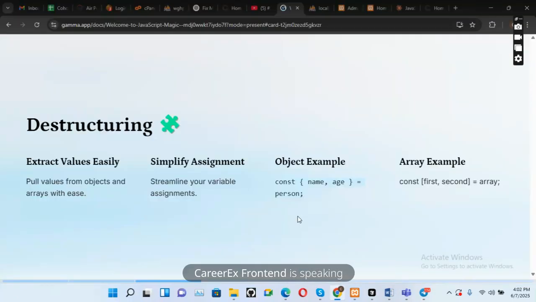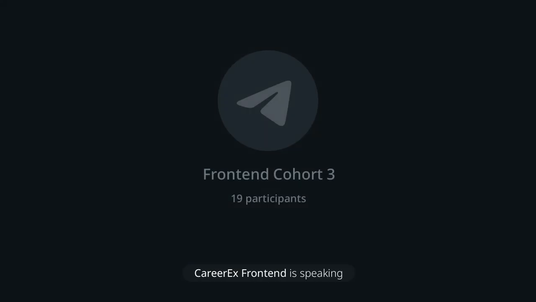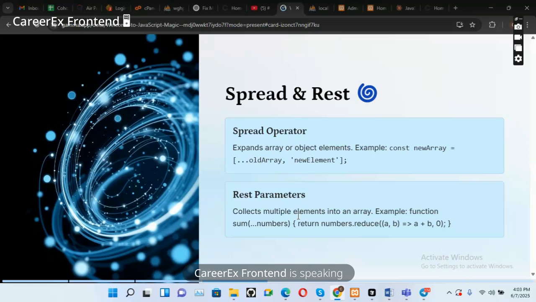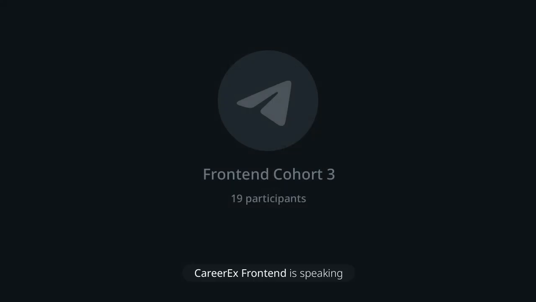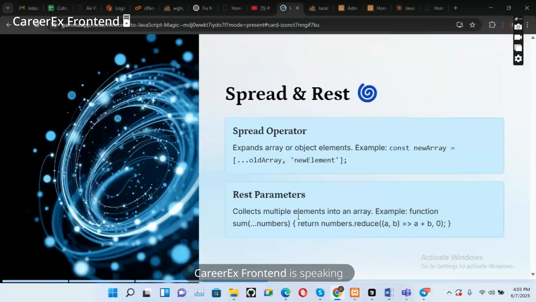Okay. All right. The next one is called spread and rest operators. This is where we'll stop for today. I won't go further than this because I want us to swallow it. So let's go on. Now we have what we call spread and rest operator. Now, spread operator is used to collect and expand an object into new data. So for instance,